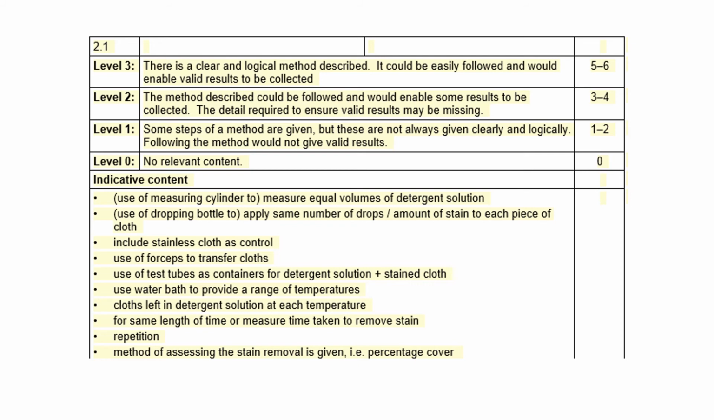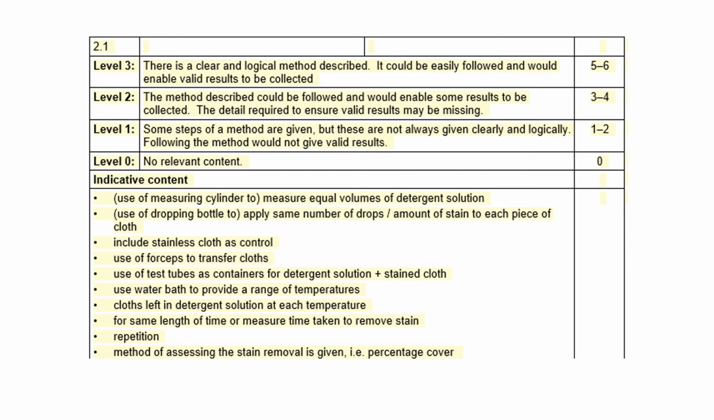so if it is reasonably easy to follow and it will get some results, but you have missed a couple of the control variables, you're going to be in this band. So if you've done that, 4. If you only put 1 valid control variable, then that will be 3. If, however, it's not going to get any results, like in level 2, then we're going to move down to